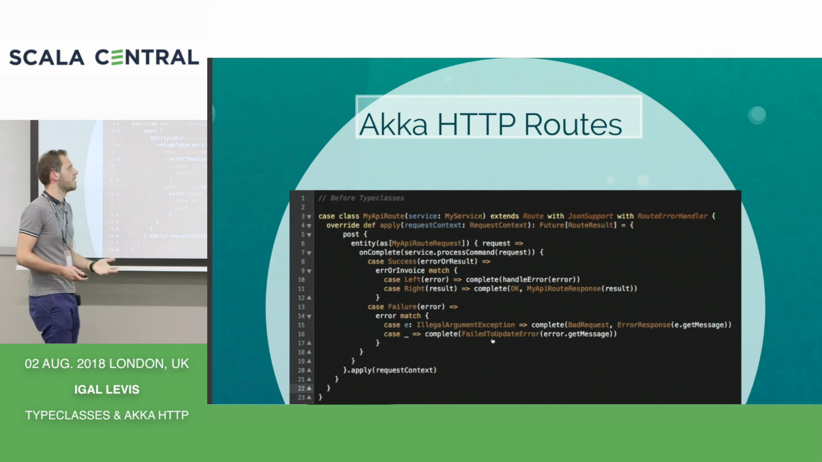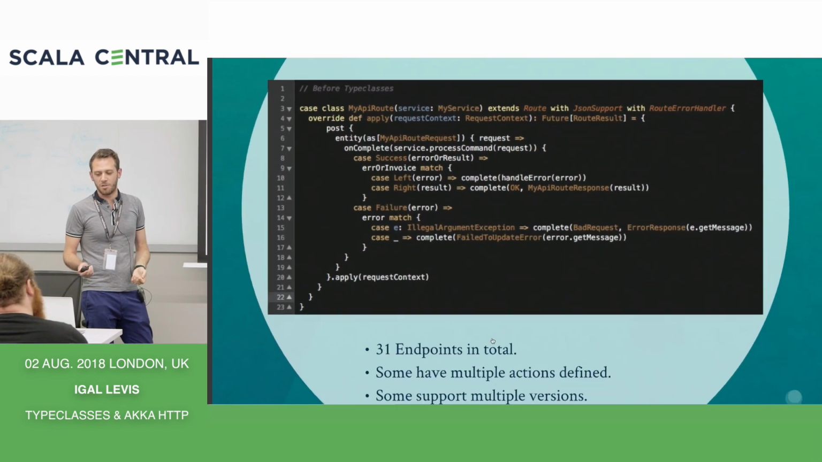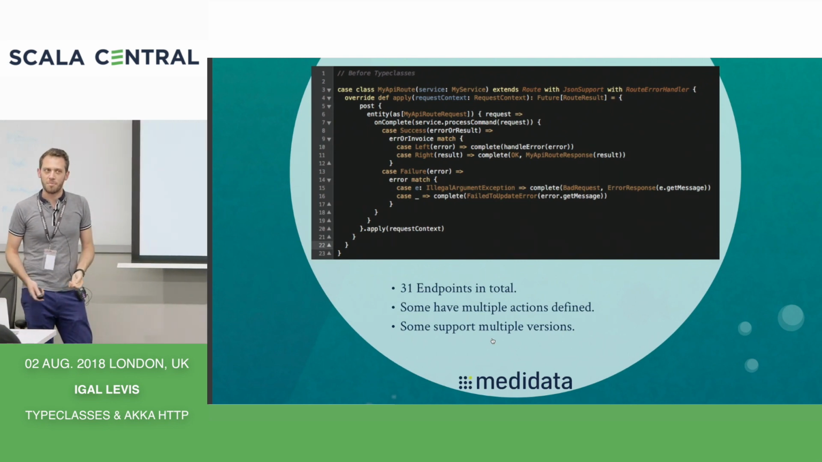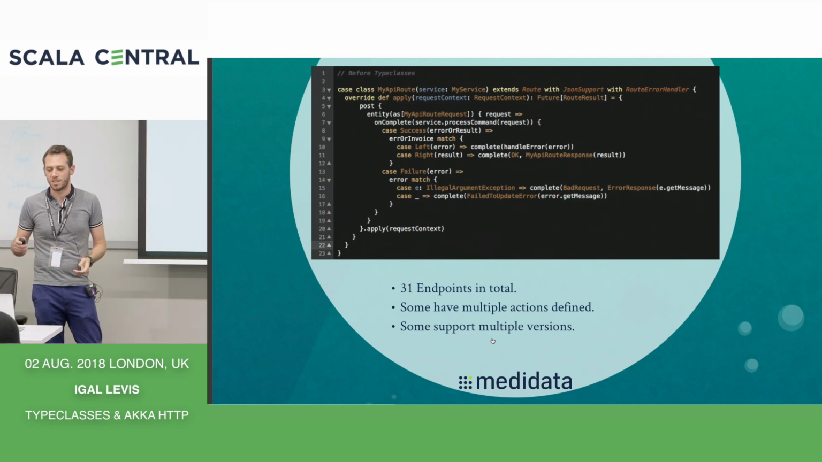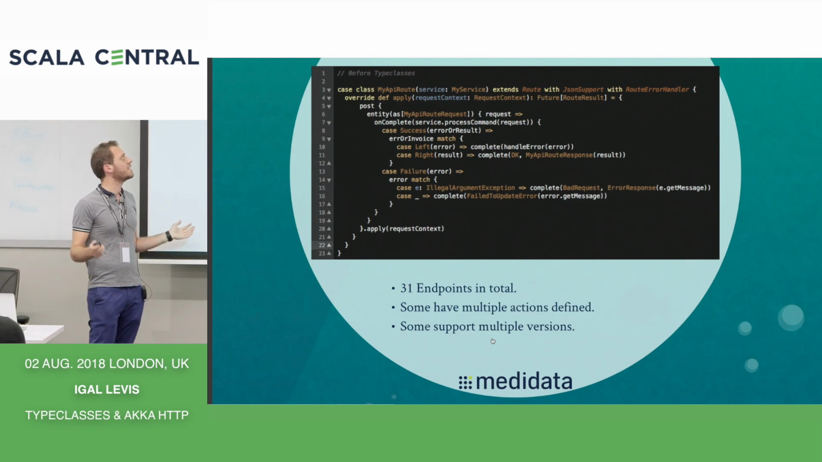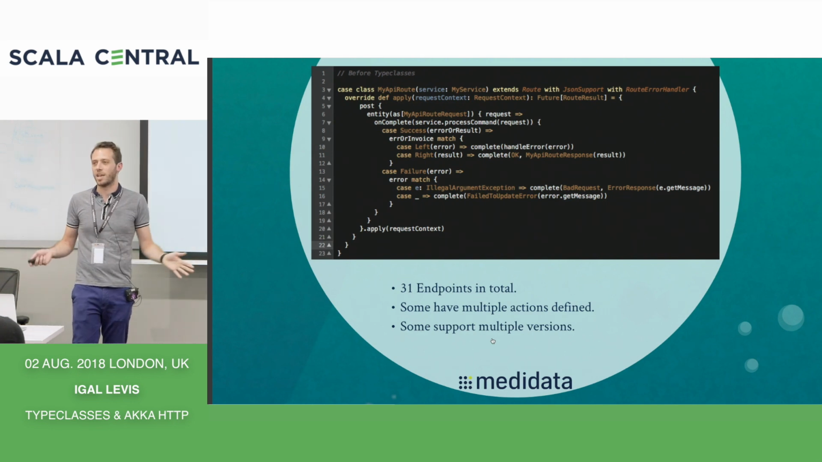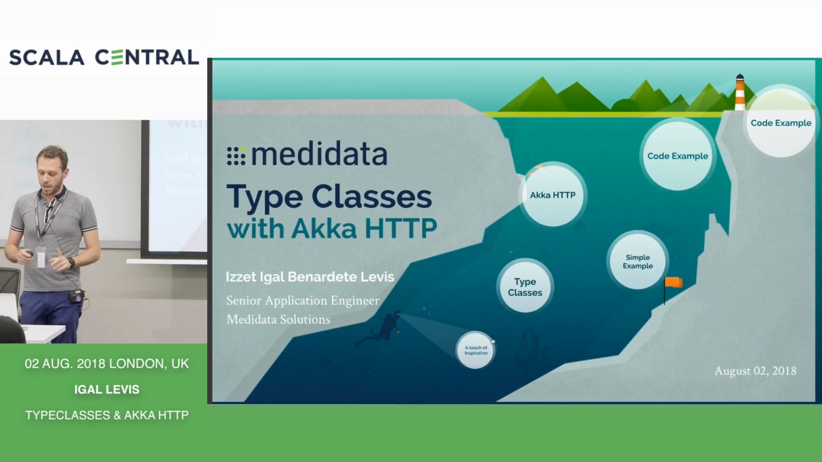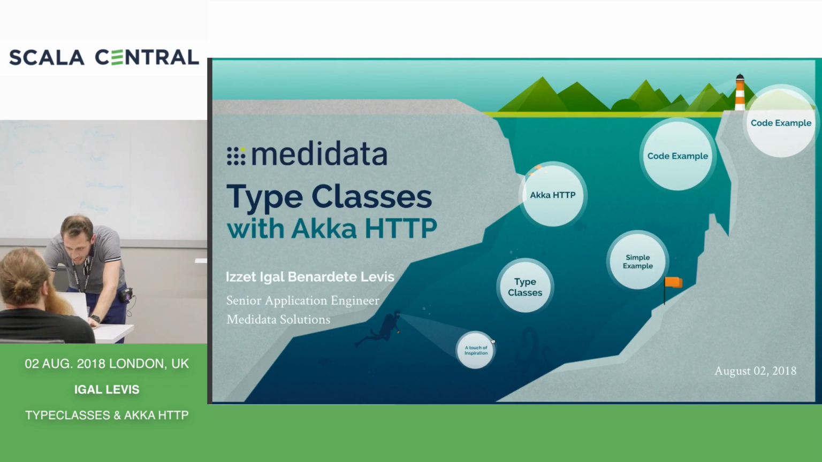So this looks nice in the case of a single endpoint. However, currently in our repository, we have 31 endpoints. Some of them support multiple actions, and some of them support multiple versions. So the math ends up with this piece of code being replicated way too many times to not do anything about it. So here I'll switch to the editor,